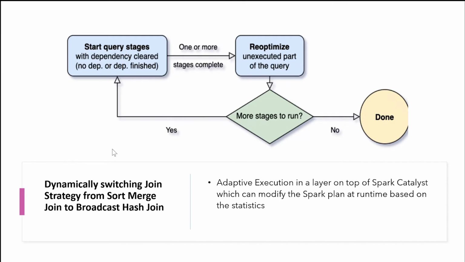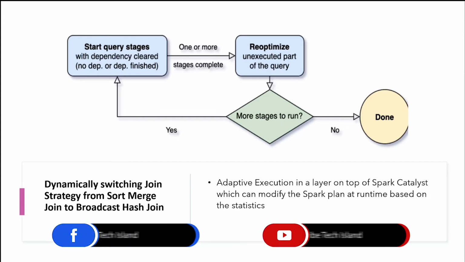So coming to the main concept here, adaptive execution. Spark creates a logical plan and a physical plan. In the 2.x version of Spark, it collects the statistics and executes a physical plan based on the statistics, but it will not have the capability to collect the statistics at the runtime and re-optimize the physical plan. But in the 3.x version, the new capability which is added is that at the runtime, Spark can collect the statistics and re-optimize the plan further.